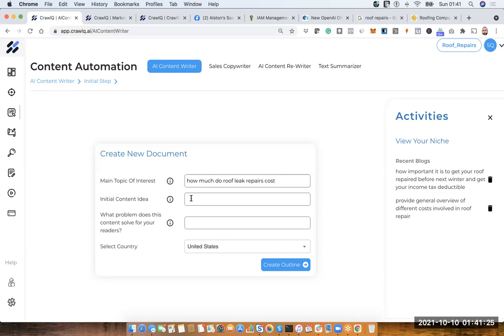So now, our initial content idea, what do you think? The idea is to write a blog, or what would you do being an SEO? Would it be a blog or a landing page? Let's start with a blog. Okay, sounds good. So write a blog article